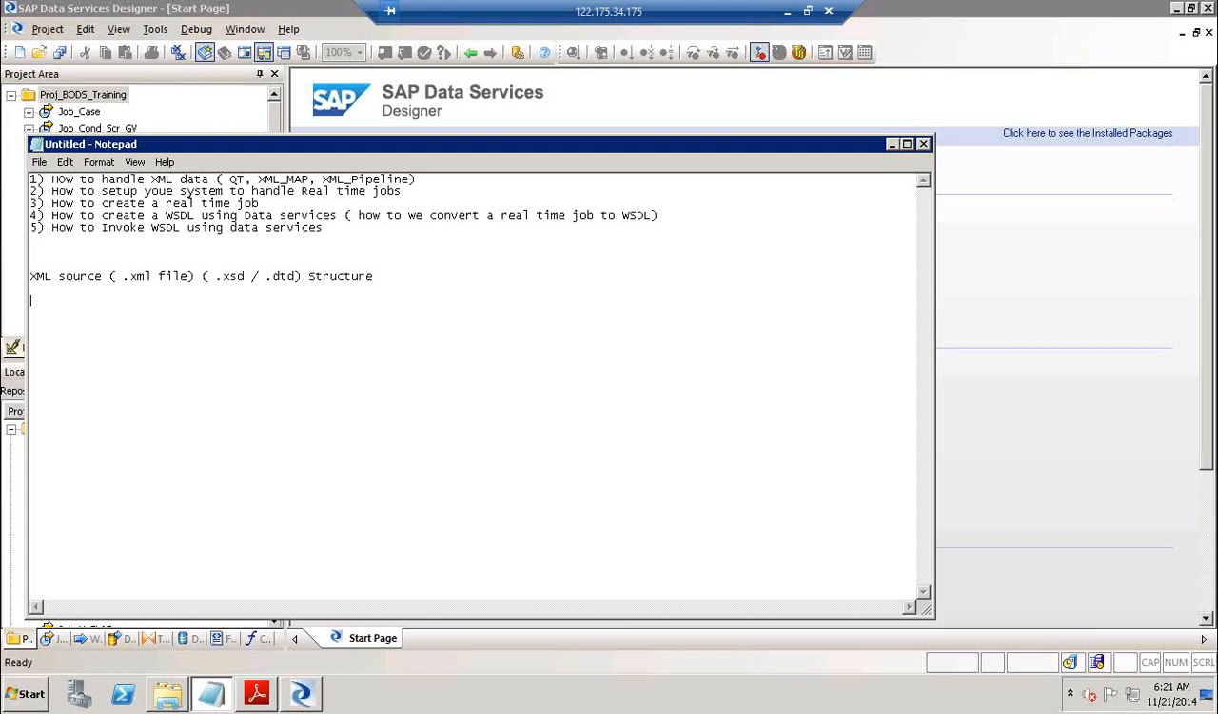So when we deal with XML data, two things we need to keep in mind: not only the data file, which is .xml, we also need the structure file, which is .xsd or .dtd, data type definition. So we need to ask the customer for .xsd or .dtd, so that first we can connect these files to our system, and then we can process this. So that is the first point. Second point,